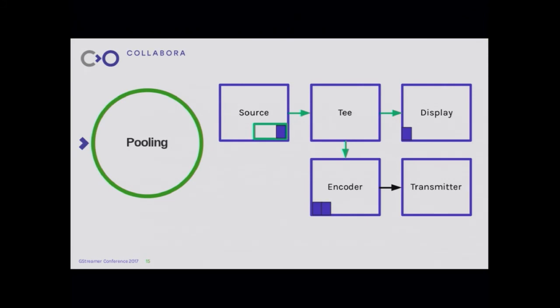I think Tim mentioned most of it. Basically, it handles the allocation query. It handles the buffer requirements. So let's see. We have here a source, a T, a display, and an encoder. The encoder will need to retain a couple of buffers to do its encoding. The display will retain absolutely one buffer because it's a truly